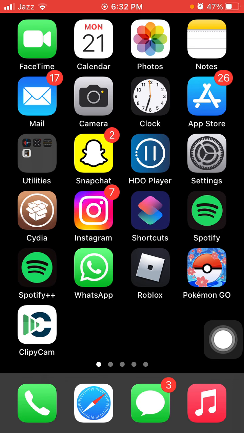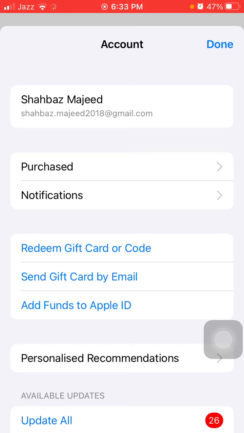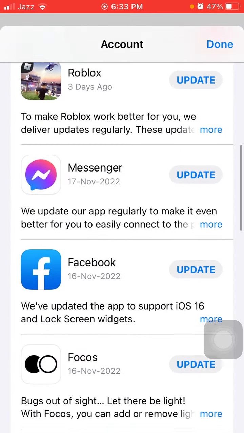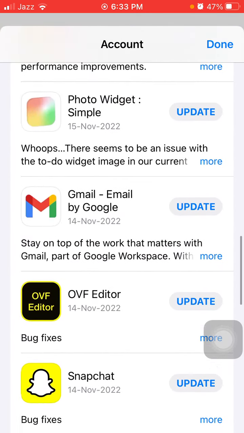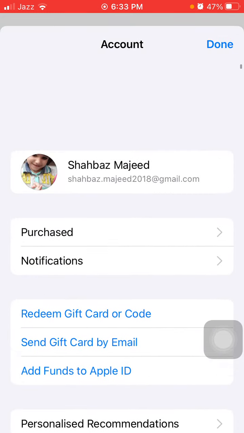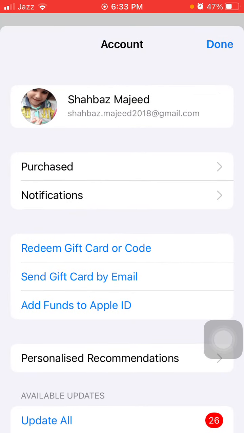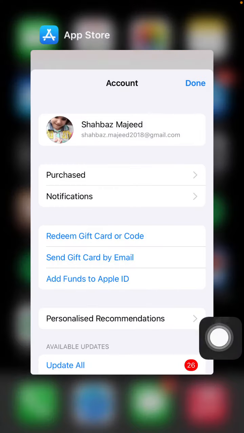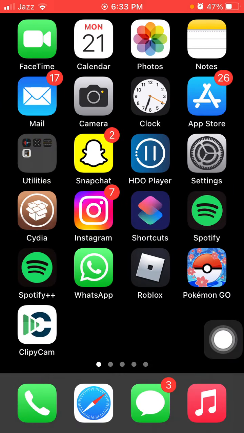Simply what we have to do, we have to tap and hold the App Store. Now tap on Updates. Here we have to check the list. Is there any update available for WhatsApp? If there is, then we have to update the WhatsApp app first. After updating the WhatsApp app, we have to force close all the apps that are running in the background and